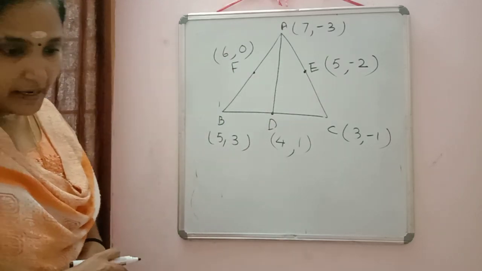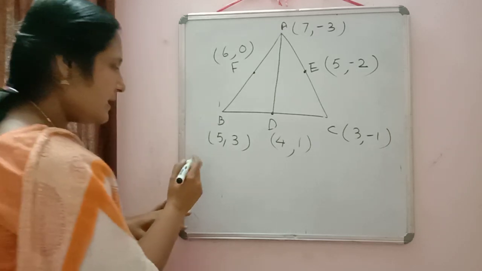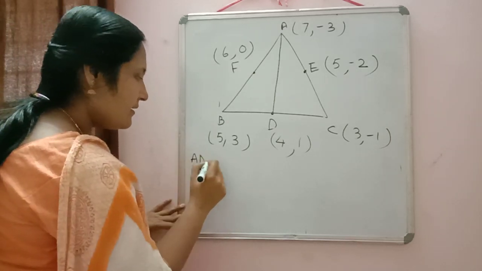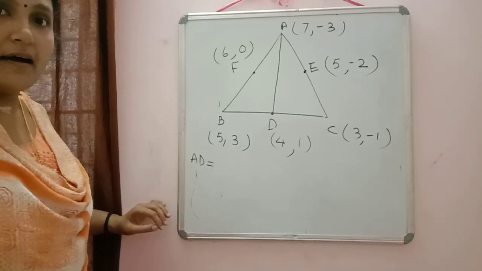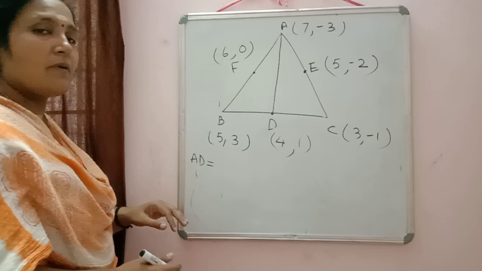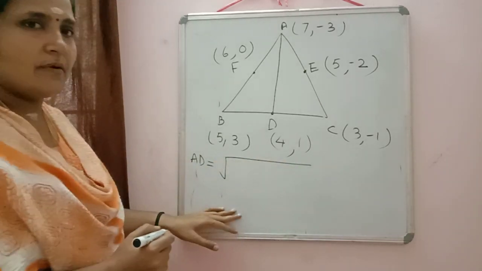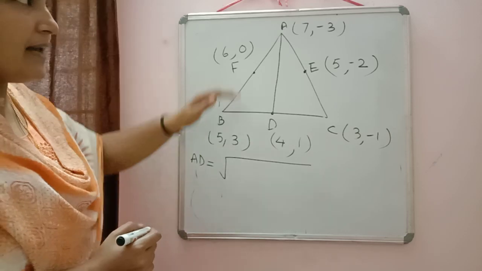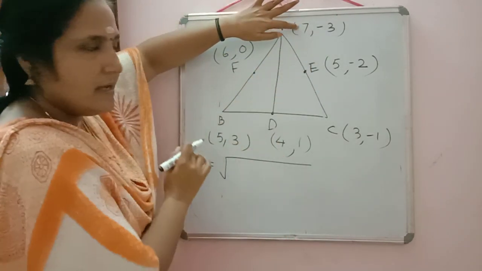Now what we have to find out? The length of the median. We have to find out the length of AD. How will we calculate the length of AD? By which formula? Yes, AD we will calculate by the distance formula. AD is equal to the square root of, remember, (x2 minus x1) the whole square